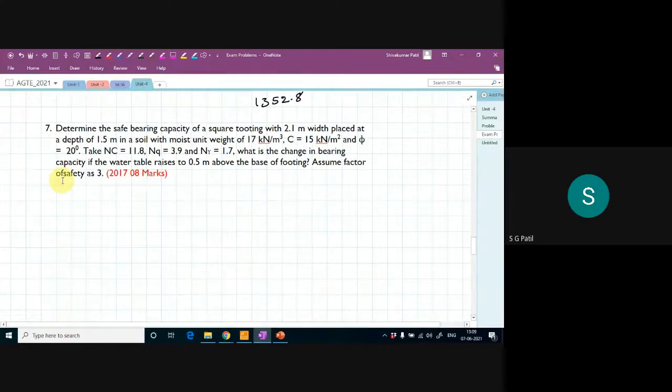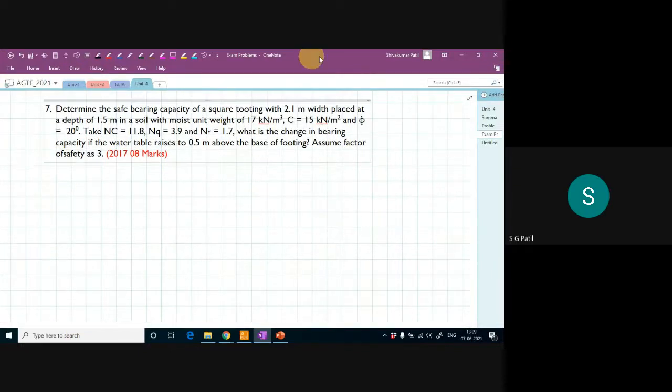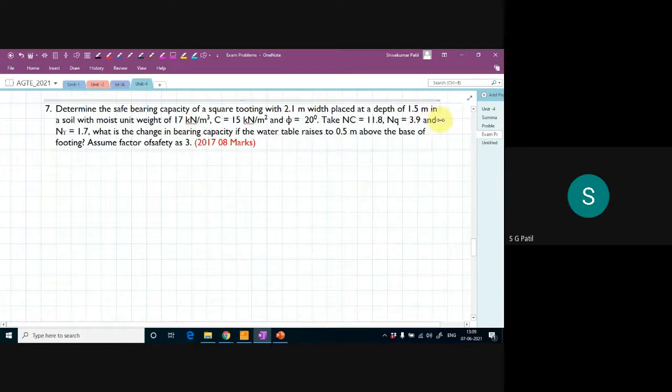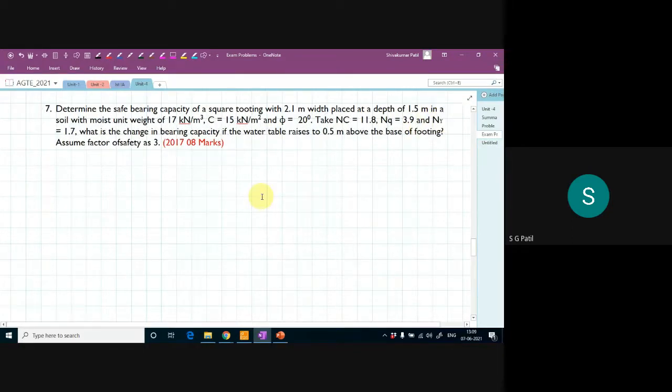What is it telling? Determine the safe bearing capacity of a square footing. Again, it is a square footing with 2.1 meter, placed at a depth of 1.5 meter in a